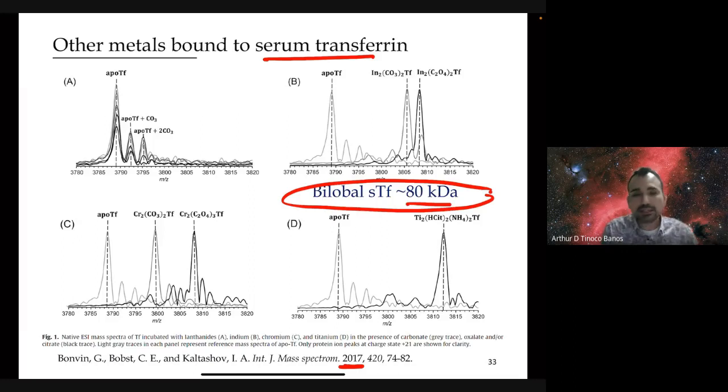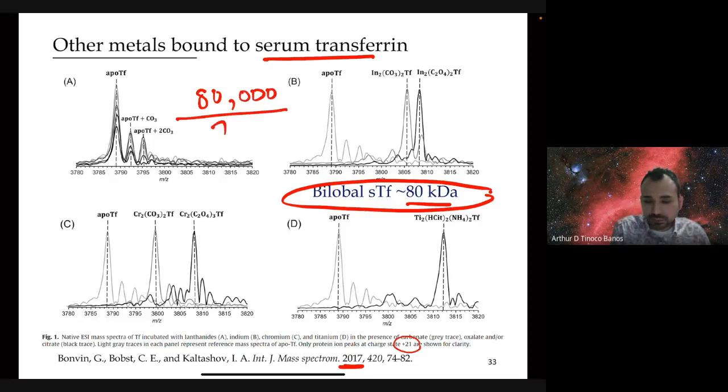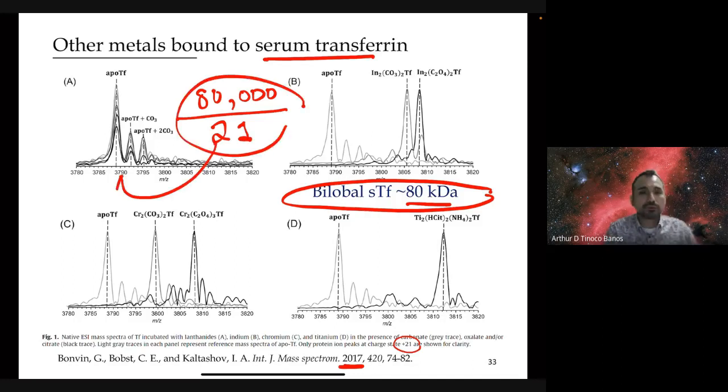So we're looking at this 80 kilodalton protein, and we're looking at these charge states. So this is a charge state of 21, right? So again, that's 80,000 divided by 21, okay? And see if that math gives you this number here, okay? But they were able to look at different metals like indium, chromium, titanium binding to this protein, and then apparently